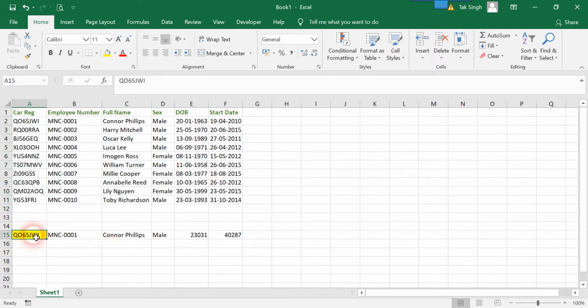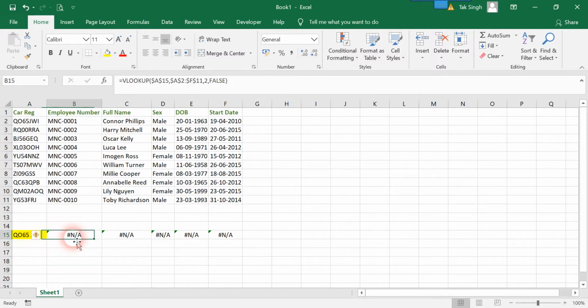Now this is going to match, but the inconsistency will again appear if there is a user whose style is not to give space between these car registration IDs, but there is another user who will prefer space, and when he enters that, he will get an error. So there is a group of users that will always face problems no matter what you do, but there is a way to solve that problem. What you are going to do is program your VLOOKUP function in such a way that it suits both types of users, those who give space and those who don't.